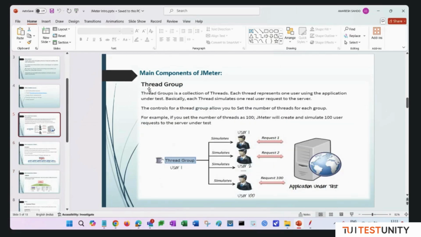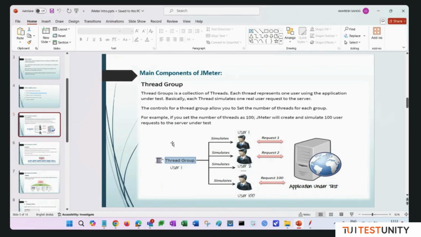Thread group is basically the number of users. A thread group is a collection of threads, and each thread represents one user using the application under test. Each thread simulates one user request to the server. So if I add 100 threads, it means 100 users send requests to the server to check the performance